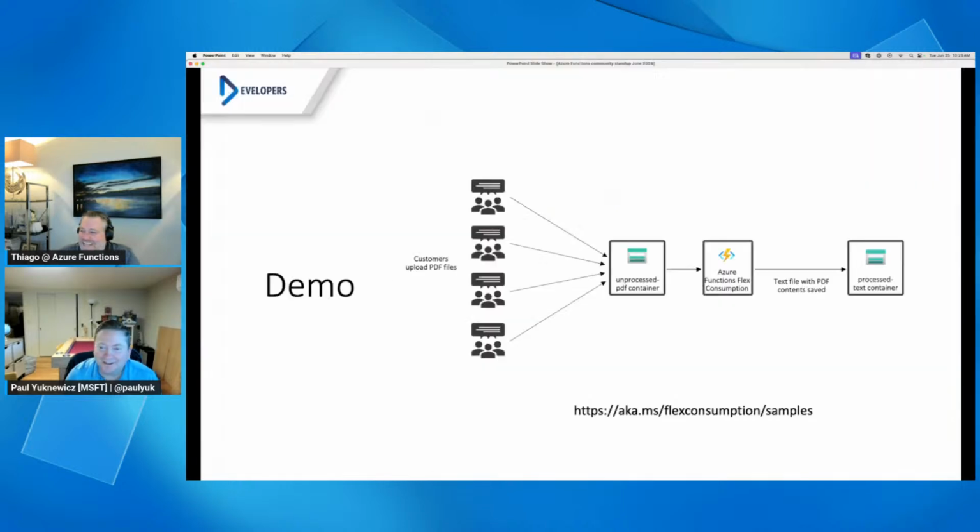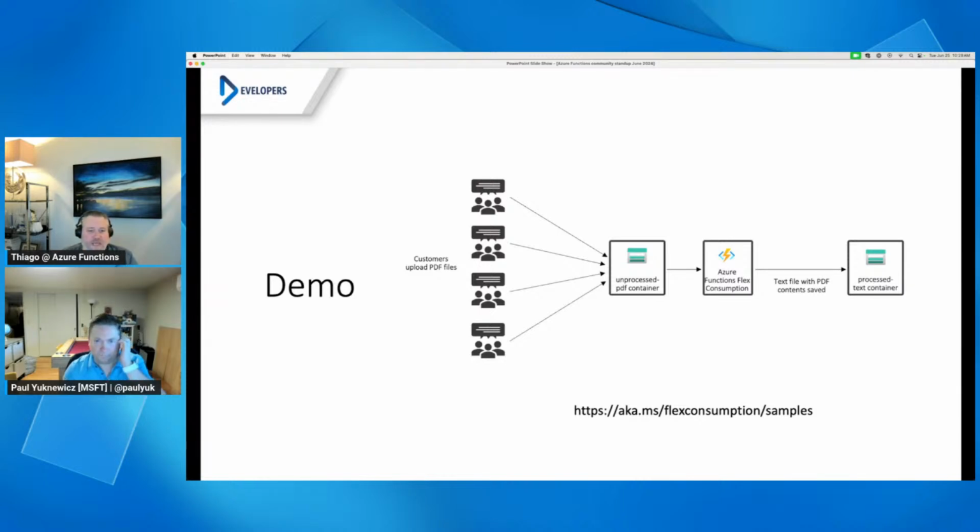Absolutely. Okay. So those are the two demos for Flex Consumption I wanted to show today. We've done the previous demo before, but I wanted to give a refresher, and now this Event Grid one. And all those Flex Consumption demos are in this GitHub repo that you can check out. It has Azure Developer CLI support, so you can just do azd up from the folders, get these deployed end-to-end and running. And there are some best practices built into these samples.